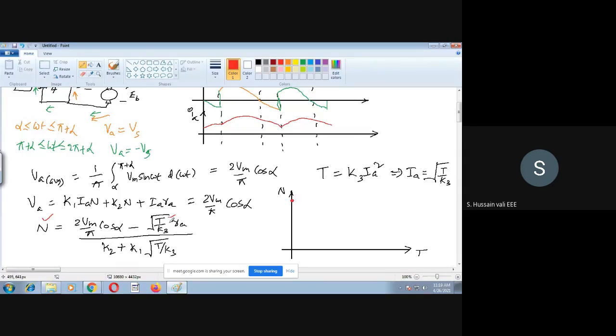Then after that, you try to increase the value of T. Then the numerator will decrease, whereas the denominator will increase. So the speed will decrease further. The decrement is not linear; it's non-linear. So we'll find out something like this. Now, this is alpha equal to 0. Now you try to increase the value of alpha. When you increase the value of alpha, what you find out here is that the cos value will decrease. So we'll find out this.